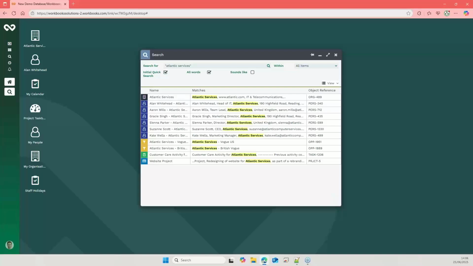It's now only returning where the word Atlantic is followed by services. That exact phrase, way shorter, and it means I can search for words or sentences within a record or an email, giving us a great way to locate that missing item, that incoming email on a support case, but you can't remember the name of the company. And to do this,